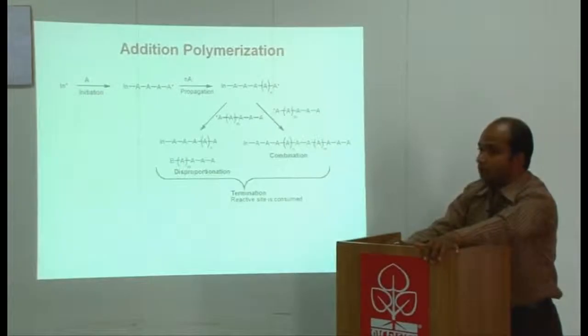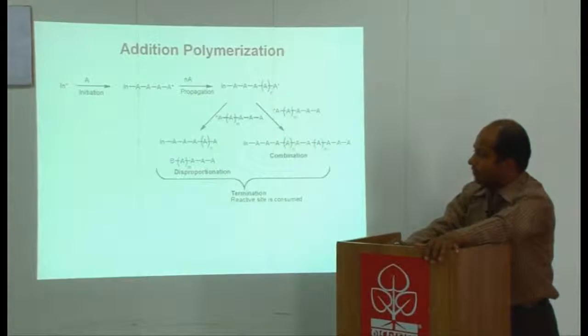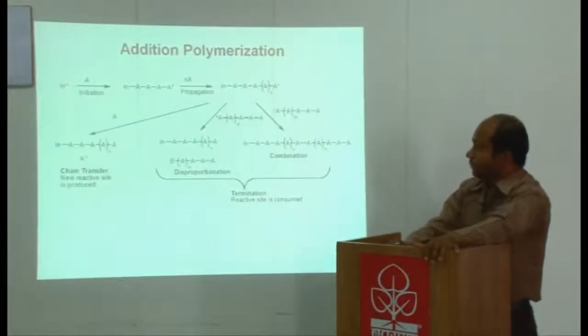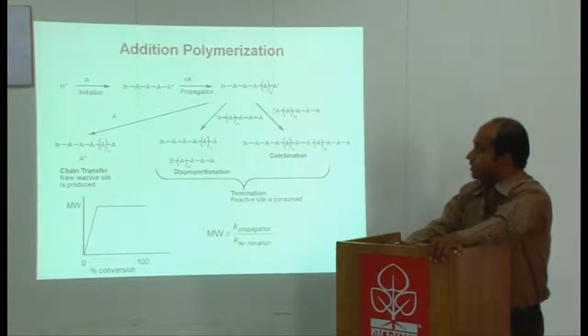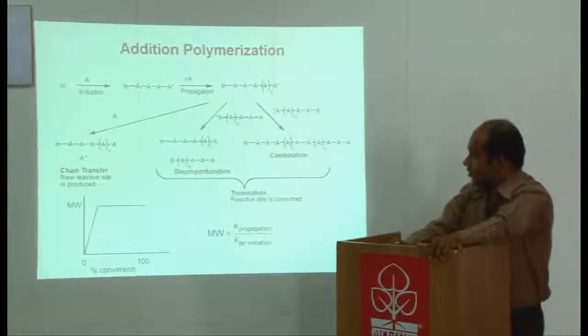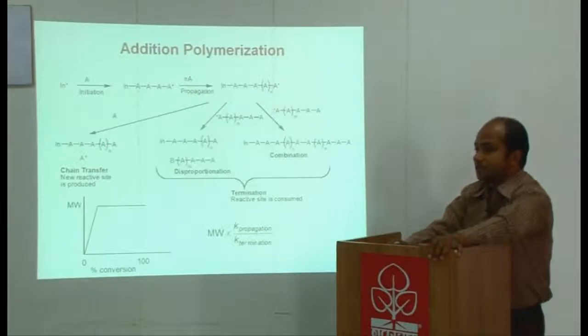If you want to allow the polymerization to proceed further, and if you want to have higher molecular weight polymers, you can continue with the reaction for longer durations. So, that is about the addition polymerization. So, obviously, the molecular weight of a polymer is decided by these two factors, that is the rate at which a polymerization reaction propagates and the rate at which it is getting terminated.